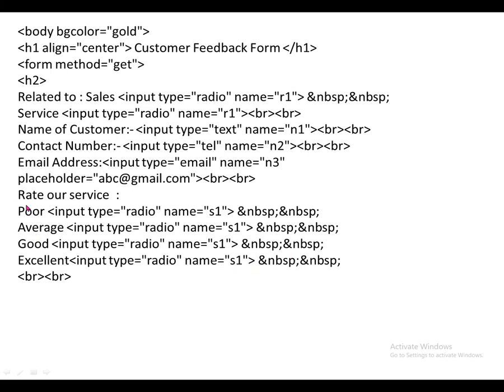So all these options you are getting on the same line because I am not adding any BR here. You are adding some space, so this means one space, this means second space. Only two spaces you are adding in between. Look at this, here I'm using name S1, name S1, name S1, name S1. That means only one option you have to give to the user. The user should select only one option, and that's why this S1, S1, S1.